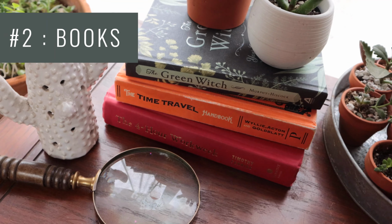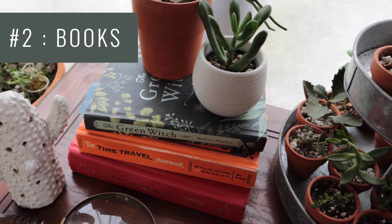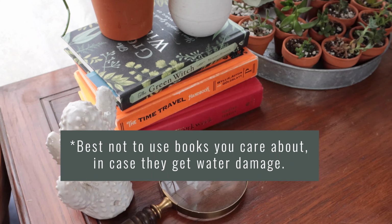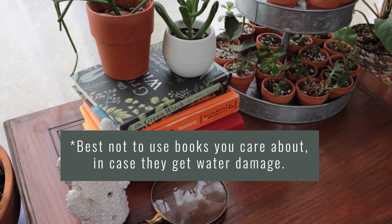Just aesthetically, I love the way that books look. I love reading books. I love the older, vintage looking books where they're stacked up. You got plants on top of them. Super easy. These books are actually all books I really love, but just for the sake of the video,